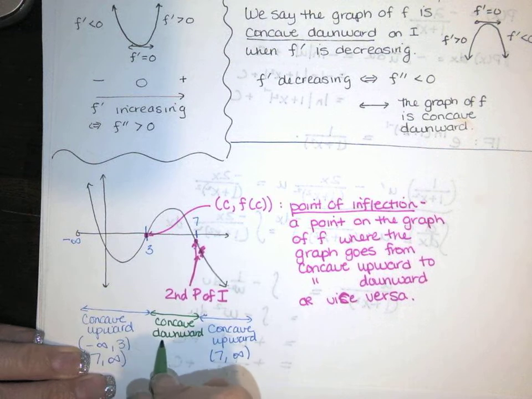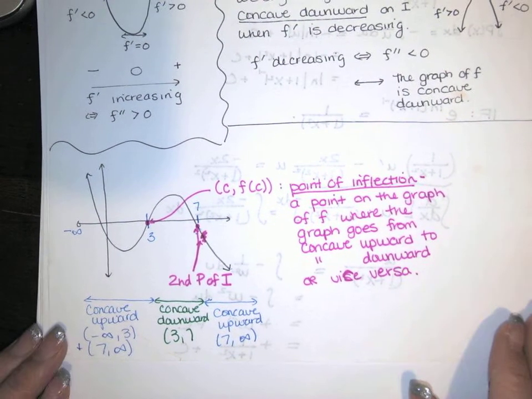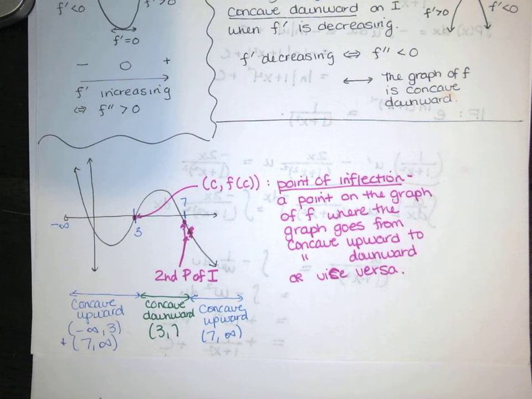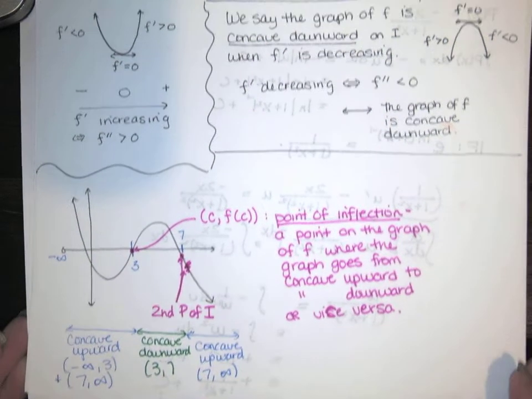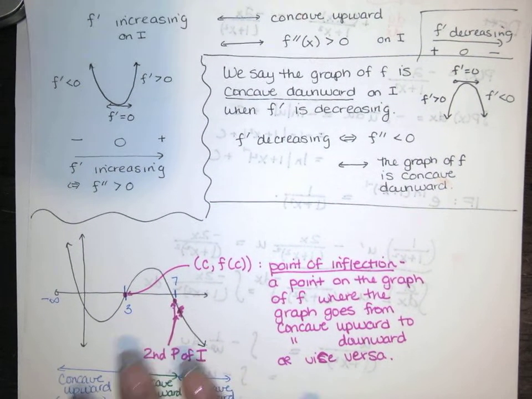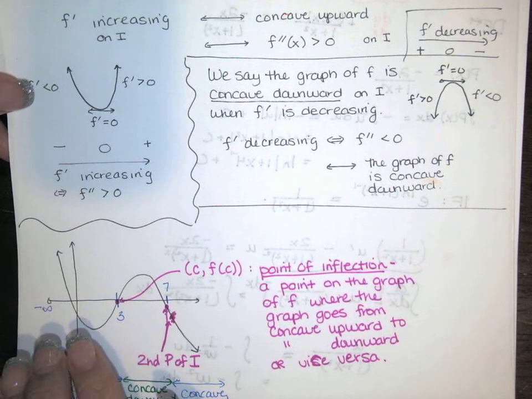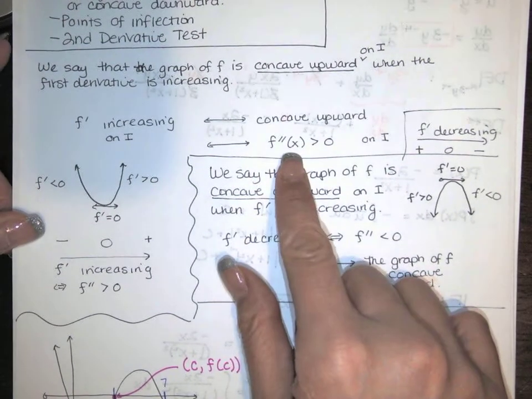So from 3 to 7, it's concave downward. Okay, now if I don't have a graph, and actually if I want to be more precise than I even have been with this graph, the better way to show that a function's graph is going from concave upward to concave downward, or vice versa, is to actually look at the signs of